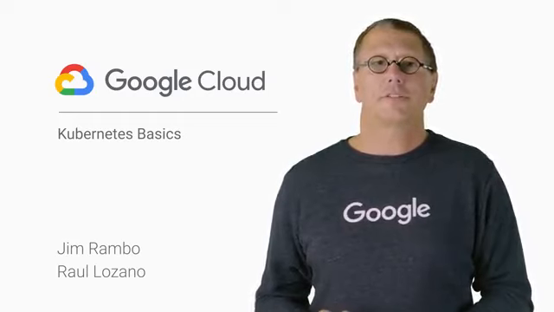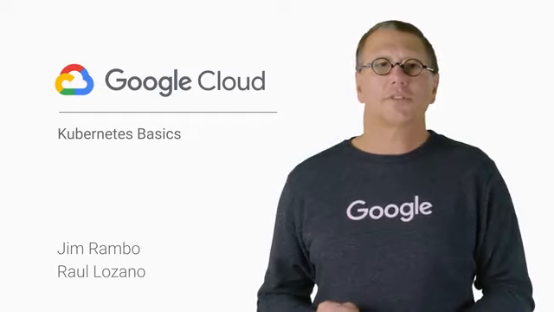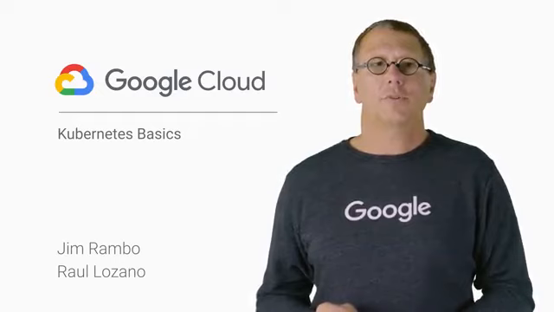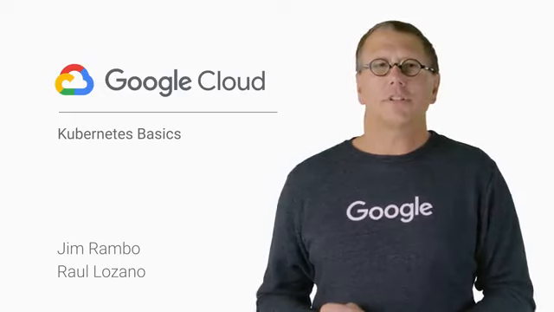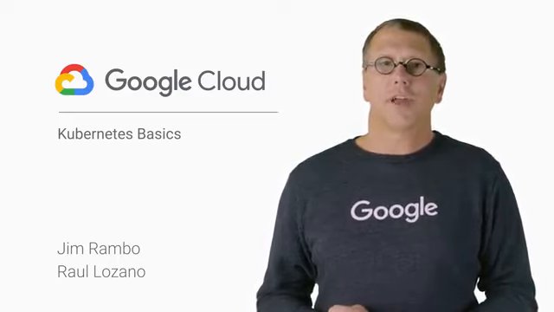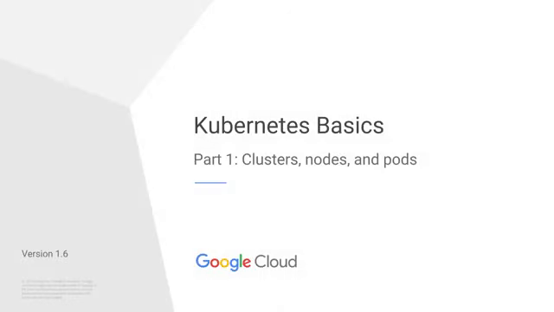Kubernetes adds the ability to define how many machines to run, how many containers to deploy, how to scale them, where persistent disks reside, and how to deploy a group of containers as a unit. In this module, you'll learn how to set up and use Kubernetes and Container Engine to manage a set of machines and containers and group them into services for hosting real-world applications. Kubernetes basics, clusters, nodes, and pods.